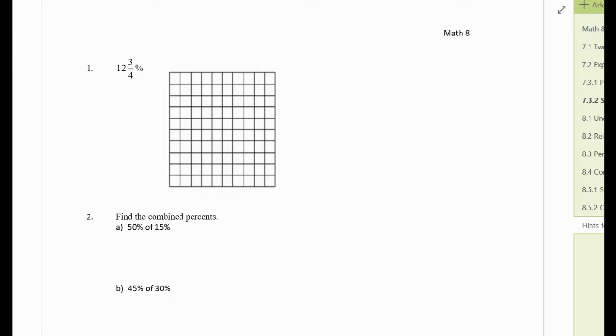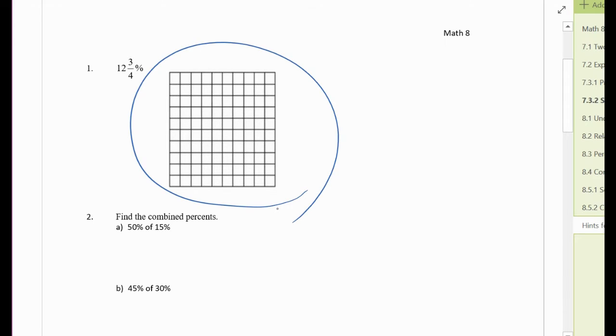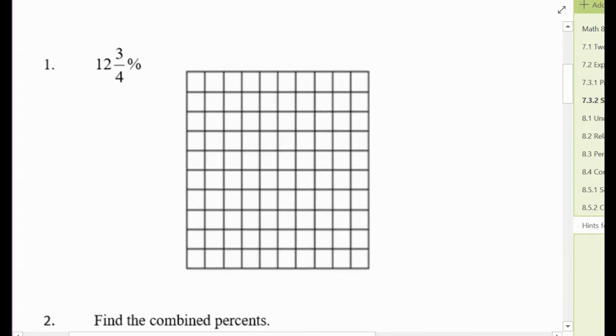Okay, I want you to look at the first question here. So you're going to shade 12 and 3/4% on the 100th grid. Here, first you're going to shade 12 boxes. One row is 10 boxes, and you shade 2 more. And you have to shade